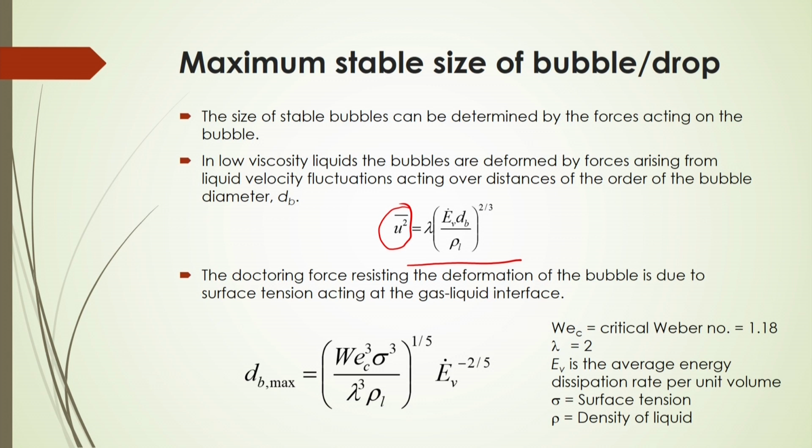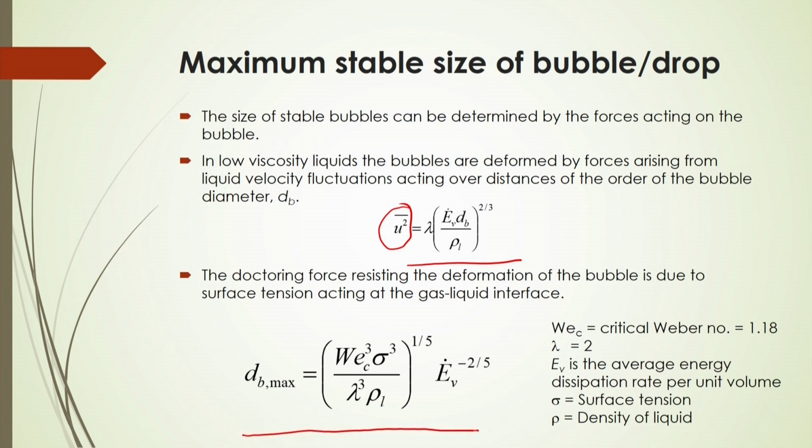So, surface tension is very important there, it will actually resist the deformation of the bubbles. Now, at a certain condition, these two forces will be such that at a particular stable condition of the bubbles, surface tension forces will balance the other forces, so that the bubbles get to stable conditions. In that case, it will be calculated based on this equation.